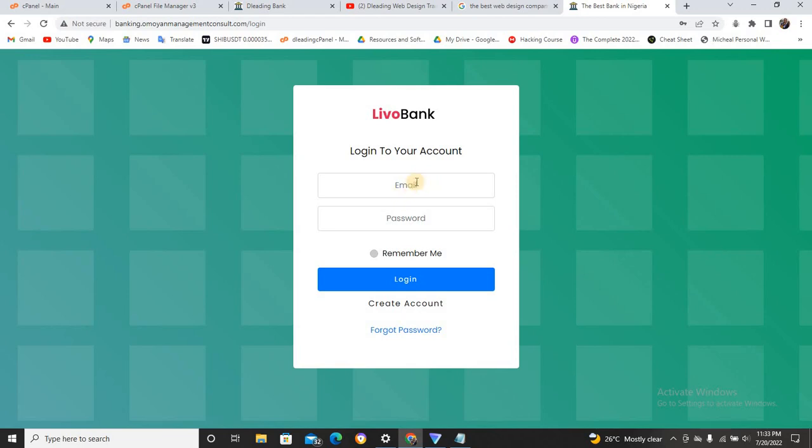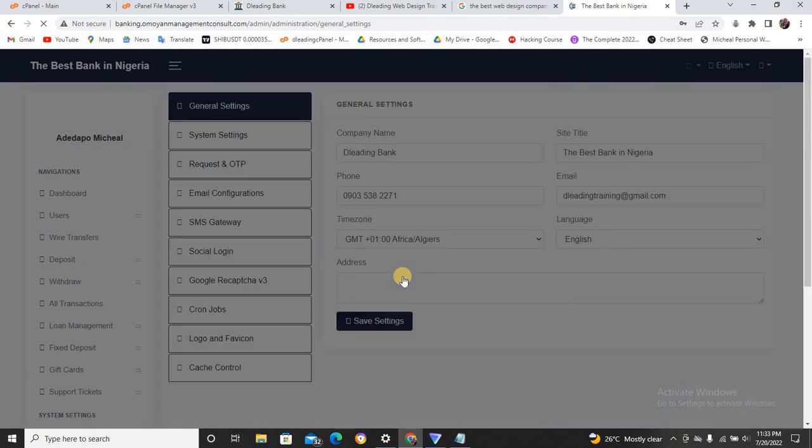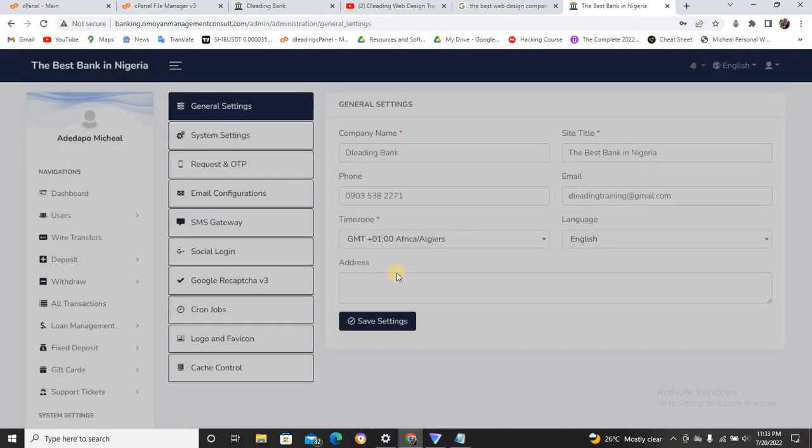Now, what do I need to do? I need to log in. This is not the email I need to put. Remember me. Click on login. Use your password. Can you see now? Now we can log into the admin dashboard of the website. This is the admin dashboard of the website, and this is where you can do